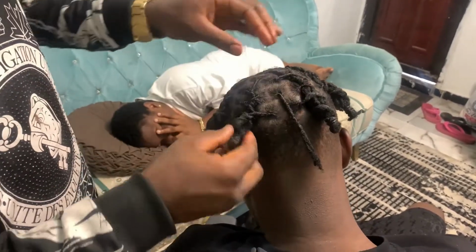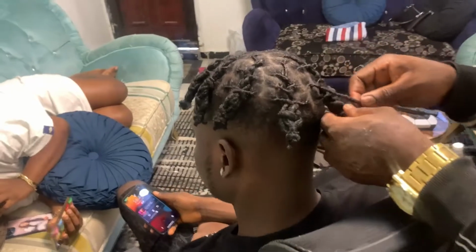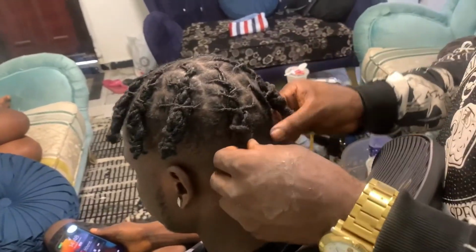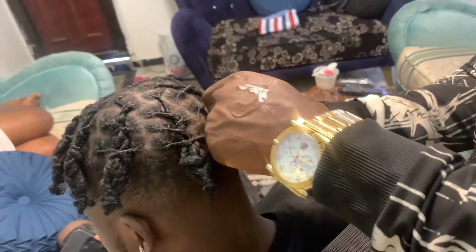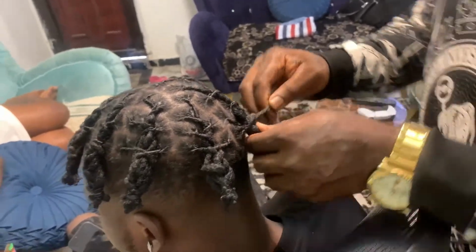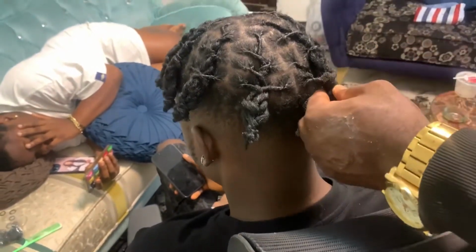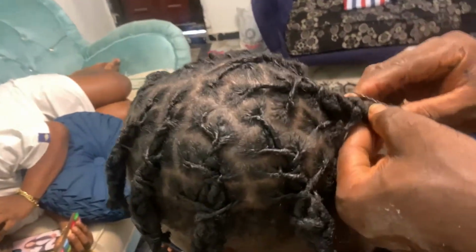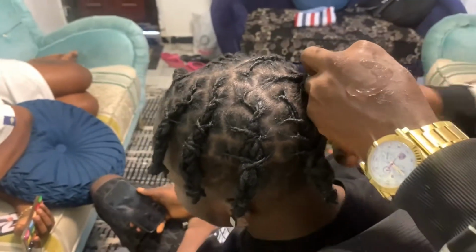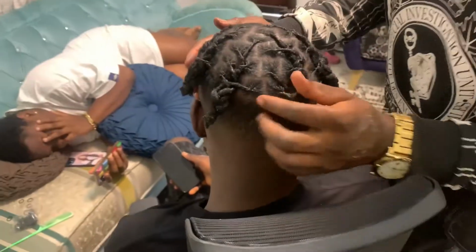With shea butter, you don't need any other enhancer to make it disappear. It's very okay. But me, I like using hair wax. After using hair wax, I use gel to keep the hair in shape, also to give the black coloring pigment the way it should be. Please don't forget to use gel or